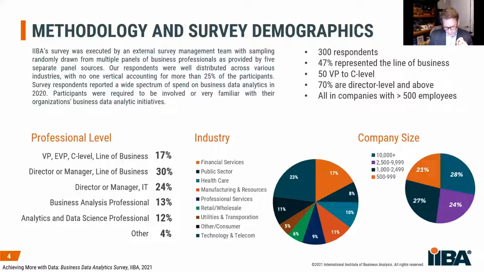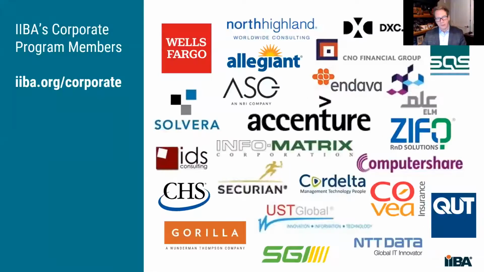This is coming from a study called Achieving More with Data. There are 5 pieces to that study, and one of the elements is a large-scale research effort that is behind this whole thing. Just so you know, this is 300 survey respondents, and a lot of the data is coming from that. 70% are director and above, split between business and IT, and we balanced the sectoring and things like that. So the data is as pristine as you could want as you walk through it.